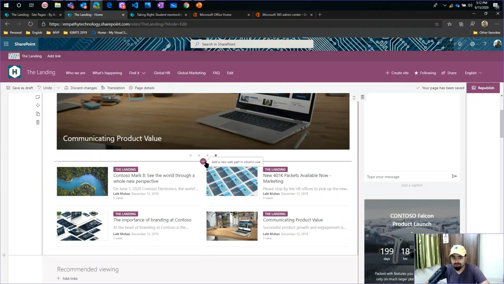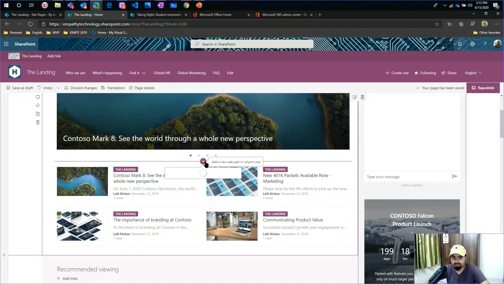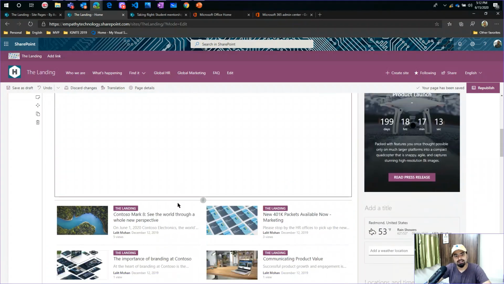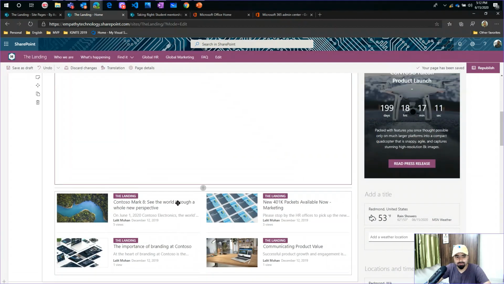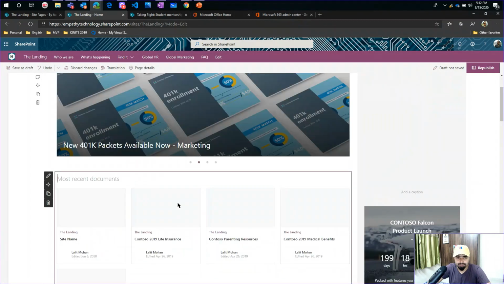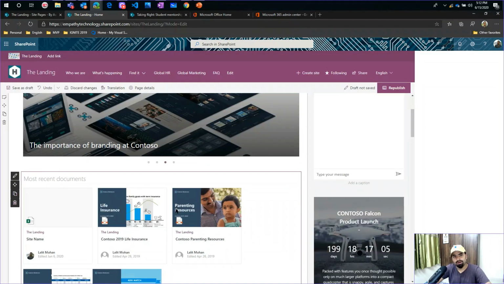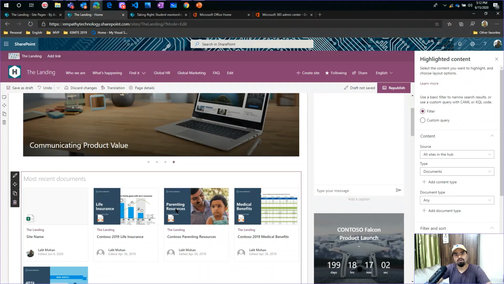So I go over here and check one of the highlighted content web parts. Highlighted content I can set to documents, pages, the library. There I can say, hey, this particular highlight is for my marketing. So I can say here quickly, marketing